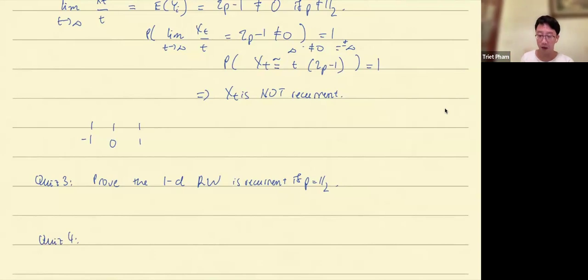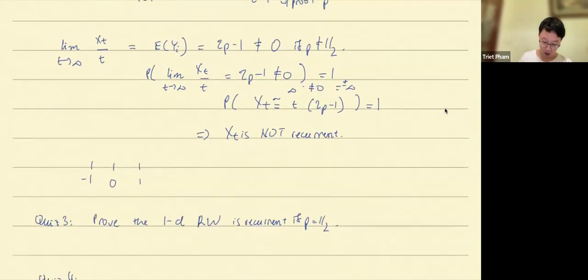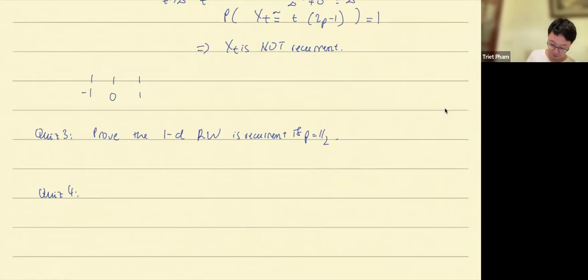I took one thing for granted, and I didn't even say it in the previous problem, which is what? Prove the 1D random walk is irreducible. Well, because who is to say that this is obvious? Who is to say that there's only one communicating class in a 1D random walk? I think it's intuitively clear, but